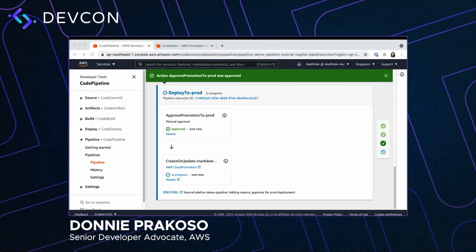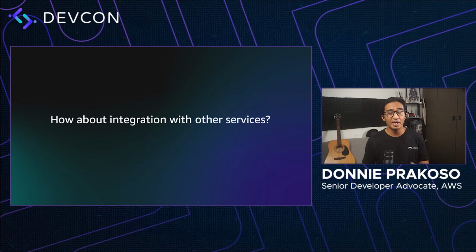And that is how you build a pipeline with multiple environments with Copilot. At this stage, you have a good understanding of the set of capabilities of how AWS Copilot can help you build your applications. We have seen how we can initialize an application, deploy services, integrate with a database, as well as implement CI/CD, all with a single tool using AWS Copilot.